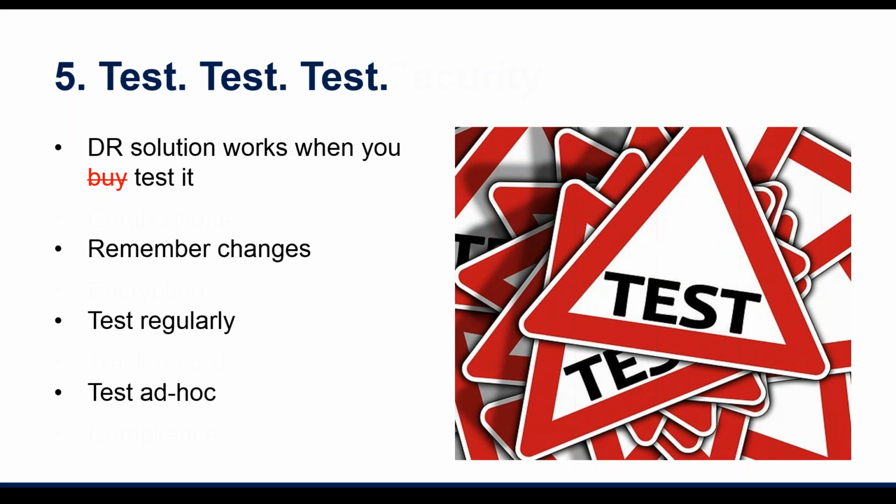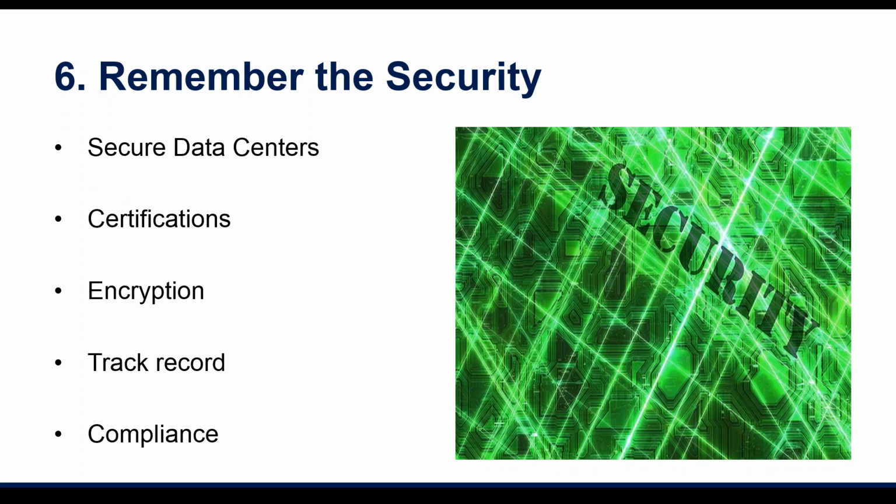And then remember security. That's a big thing. In today's world, security is becoming more and more critical. You really want to be looking at wherever you're having that second site. Look at it as if it was your production site, because that's what it is. It's a production environment. Make sure you're housing your data in a secure data center. If you're a company that has compliance certification requirements or any type of certifications, make sure your data center has the right certifications. Make sure it has compliance certifications if those are required.